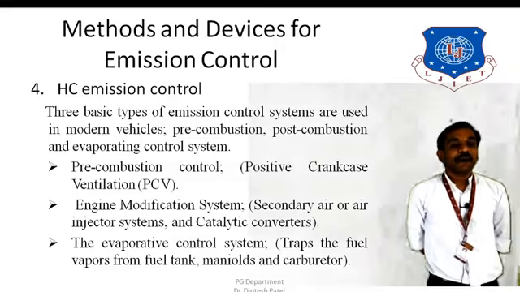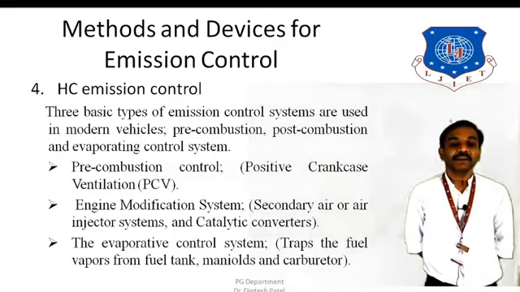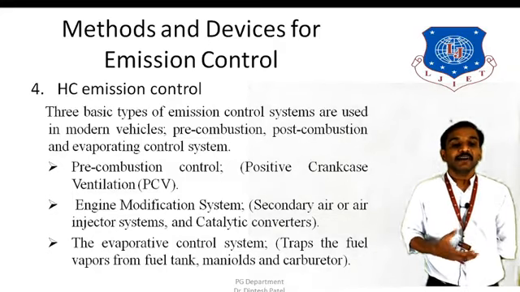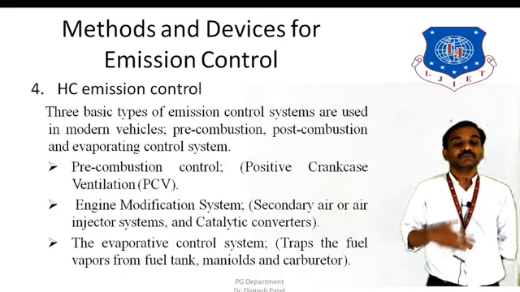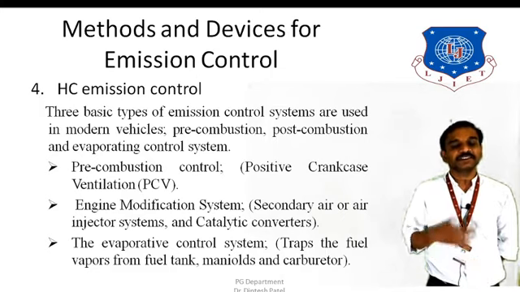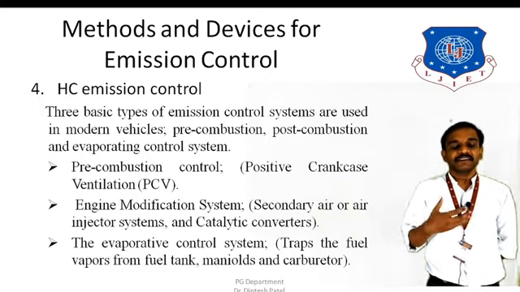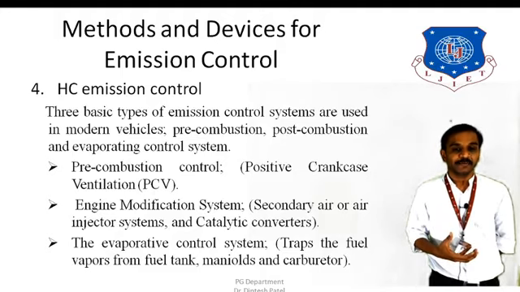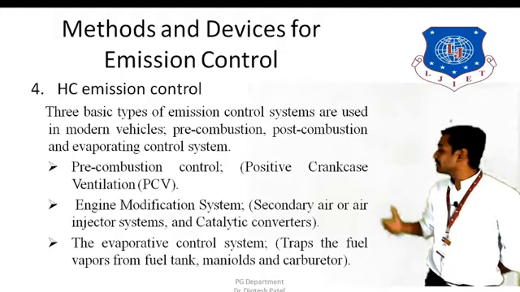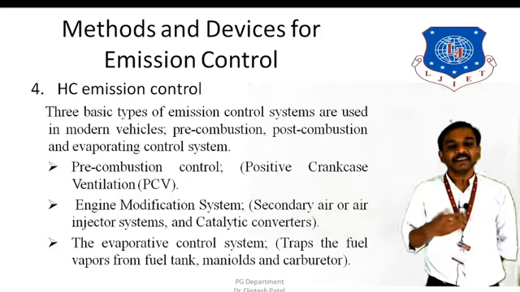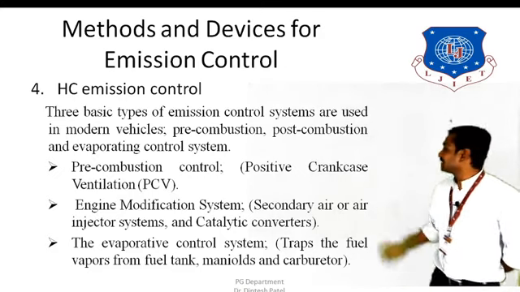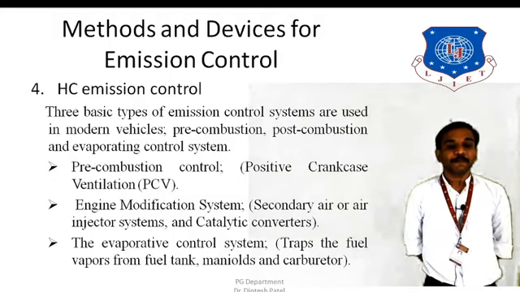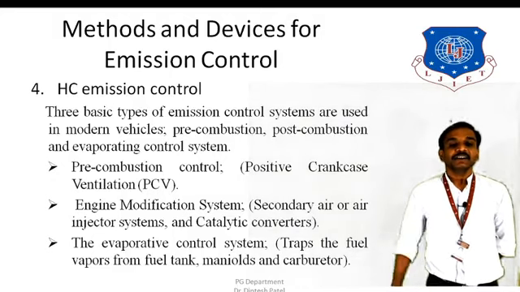Second one is by providing the engine modification system, in which the secondary air or air injector systems are used to supply an adequate amount of oxygen into the combustion chamber, and we can reduce the possibility of incomplete combustion, and we can reduce the HC emission. Also catalytic converter is one of the good ideas to reduce the HC emission. It not only controls the HC emission, but it controls all three different types of emissions from the engine. And the last one is by providing the evaporative control system, in which it traps the